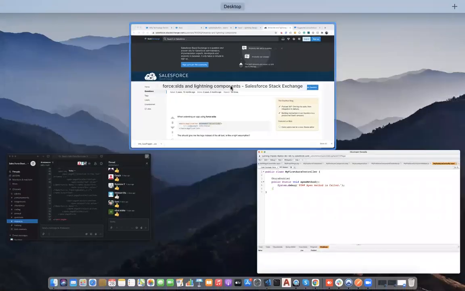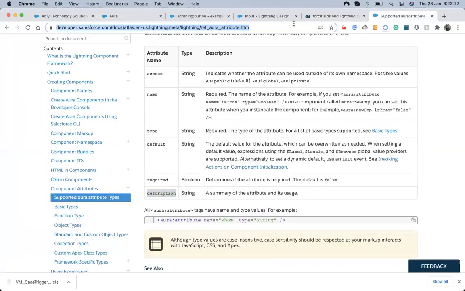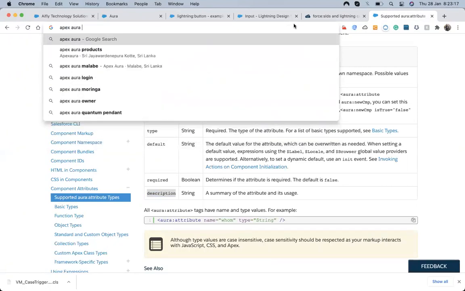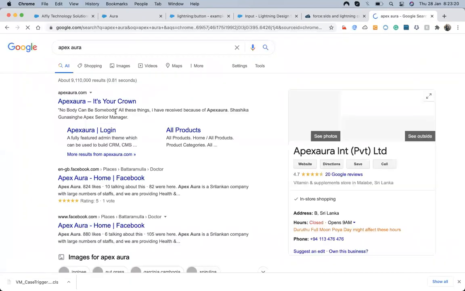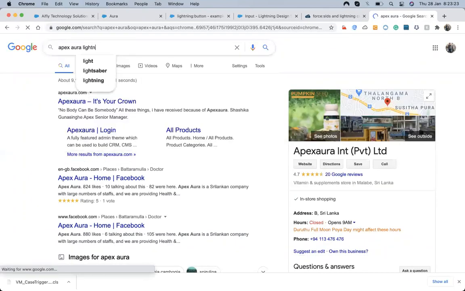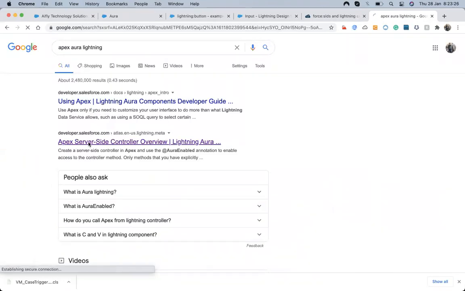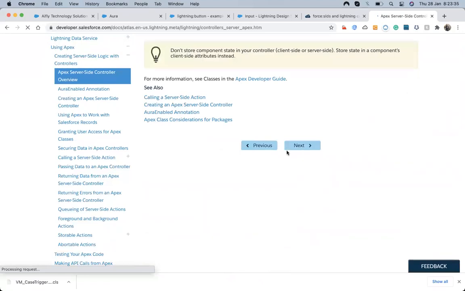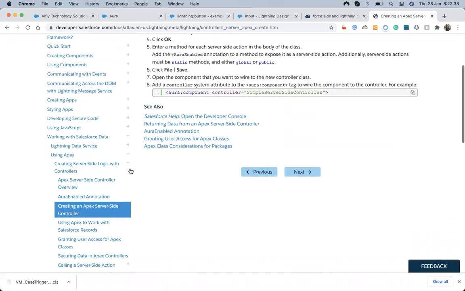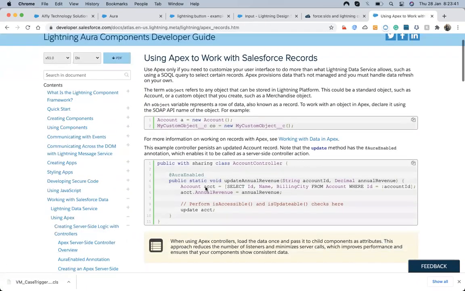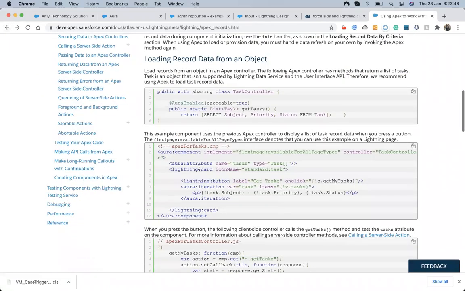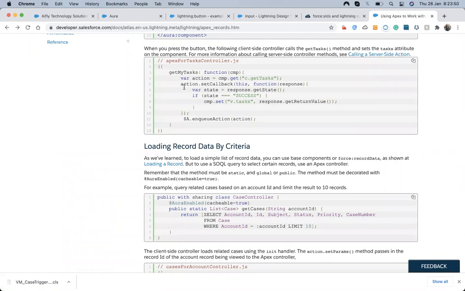For calling an Apex method, I forget the syntax. Apex Aura. Lightning.